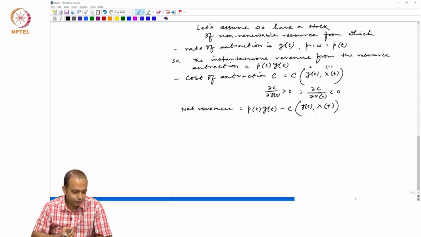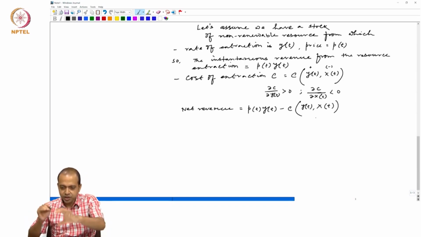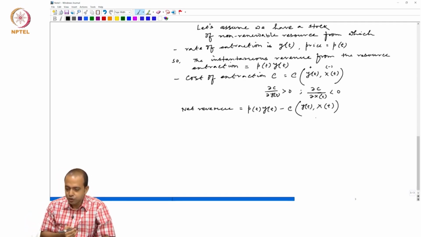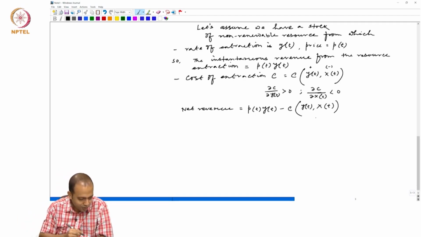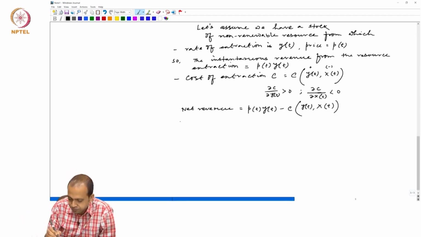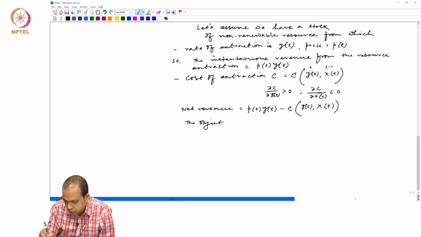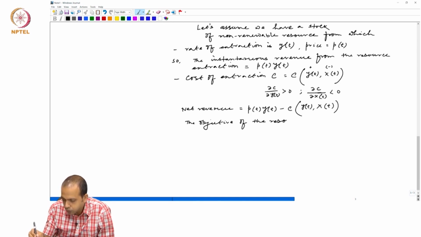This is the net revenue. Okay. And this is something the resource owner is trying to maximize over a period of time. So, that means the objective of the resource owner would be